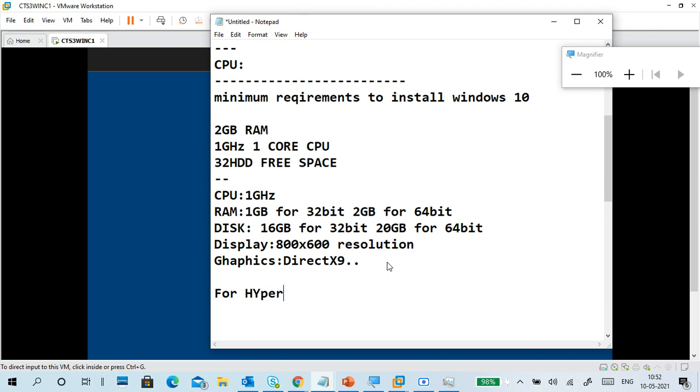Of course, if you want to install Hyper-V, a 64-bit operating system and 64-bit hardware are compulsory. And virtualization should be enabled on the hardware side, like Intel VT-x or AMD.